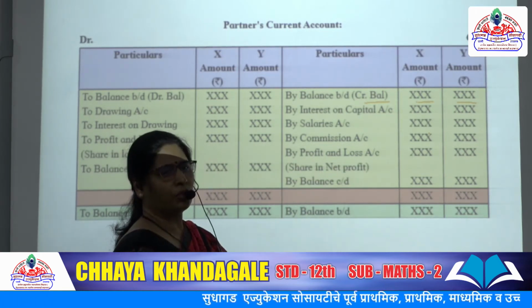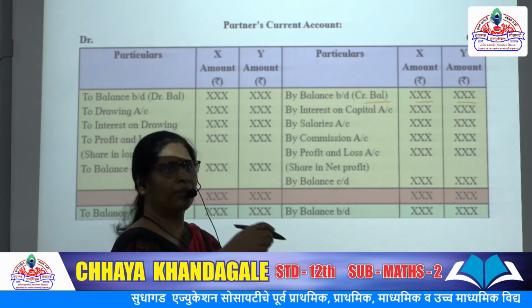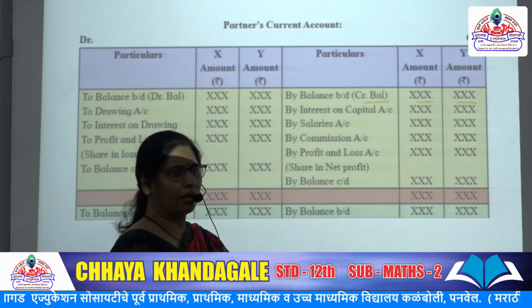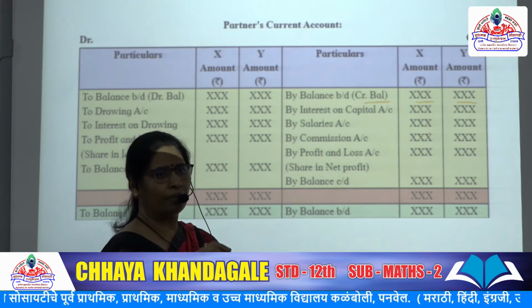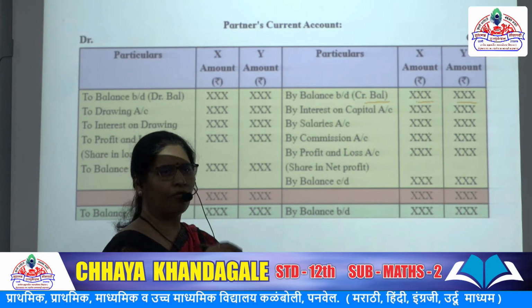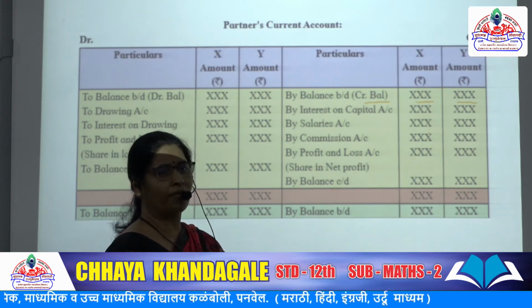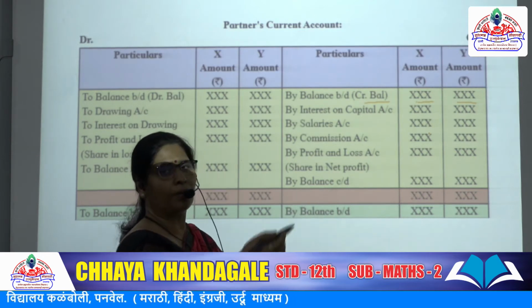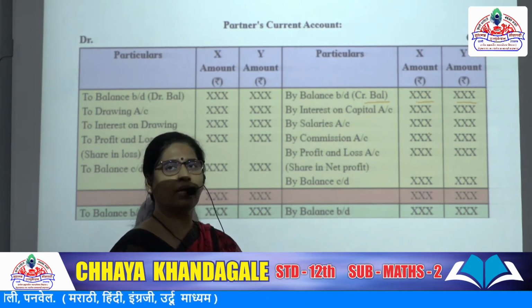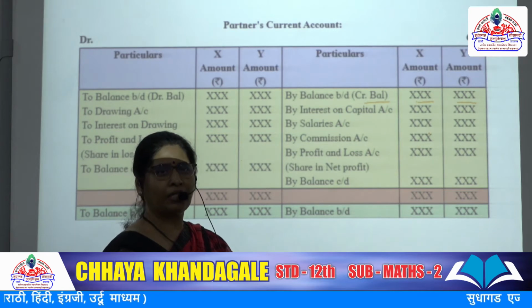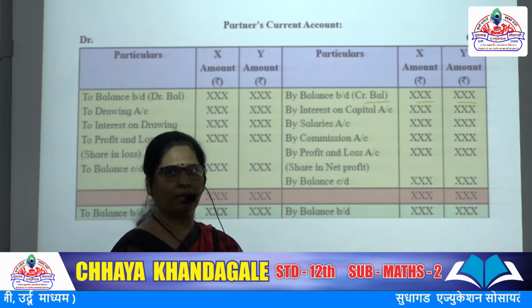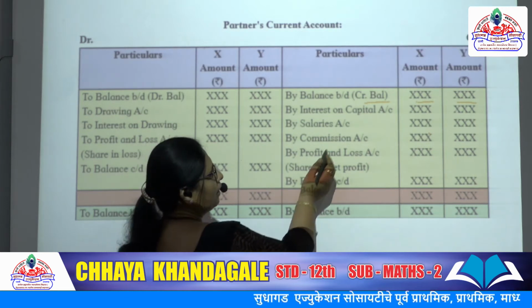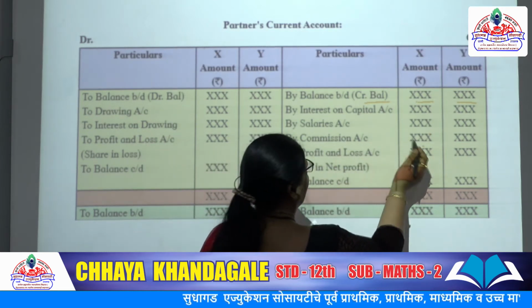Suppose commission is paid on sales. Suppose 10 lakhs is the target for that particular firm, and above that 10 lakhs, if you make a sale of say 12 lakhs, additional commission on 2 lakhs will be paid to that particular partner, because he has used his skills, abilities and patience to get that sales done. Instead of 10 lakhs he has made 12 lakhs, so for 2 lakhs they will get the commission.